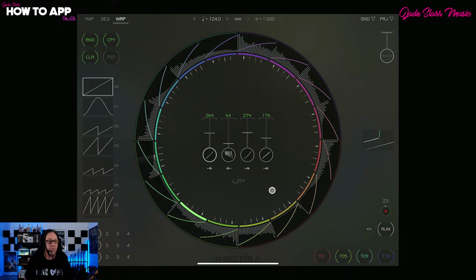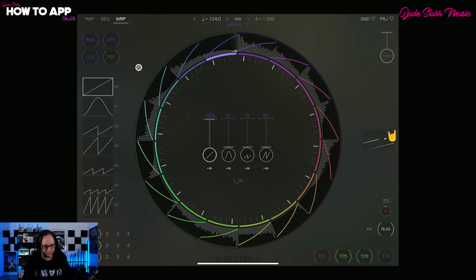So these are a whole bunch of effects that you can add in here. And if I select just, let's clear this. So I'll hold down clear and it'll get rid of them all. If we just select one of these, we can come in here and choose any one of these. So I'm just going to choose this one. And now each time it gets around to this,